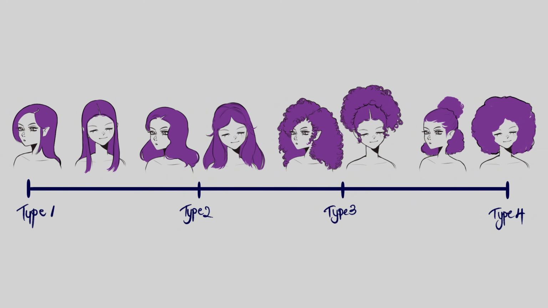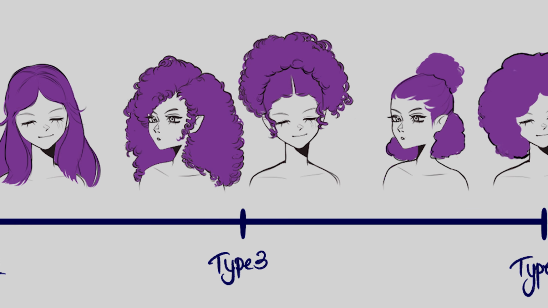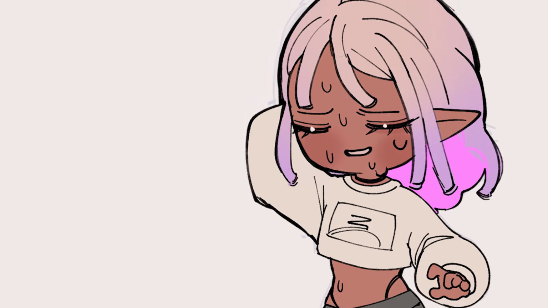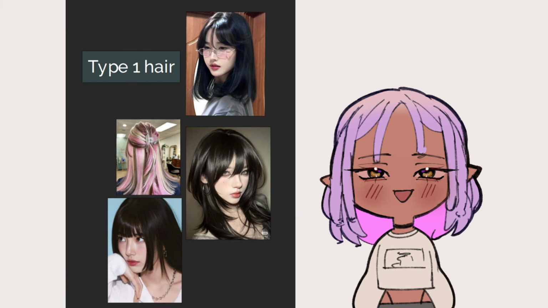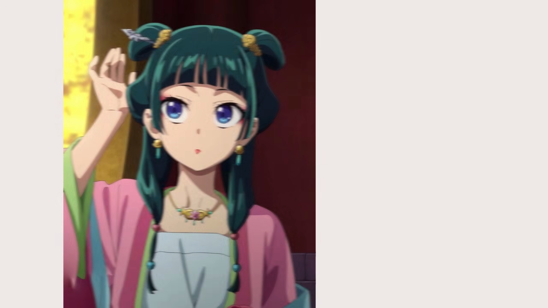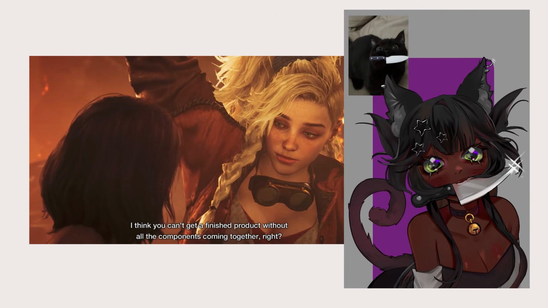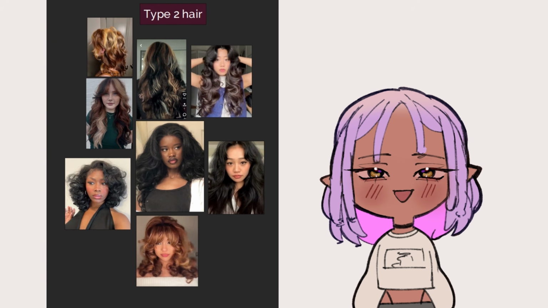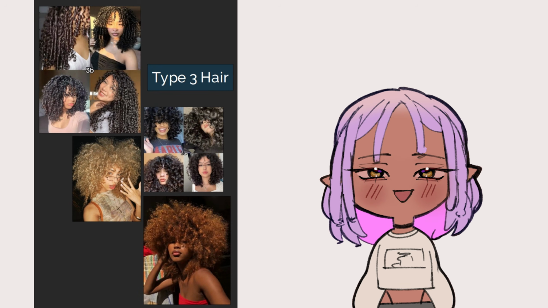This diagram displays hair types from 1A to 4C. I'm just kidding. I gotta love my 4C girlies out there. 1A to 1C hair types are smooth. It's one of the most common hair types used in digital media, for example, animations, video games, and illustrations. Am I explaining the obvious? Yeah. 2A to 2C hair is a little less straight. Think of ocean waves. 3A to 3C, I describe them as coily hair,